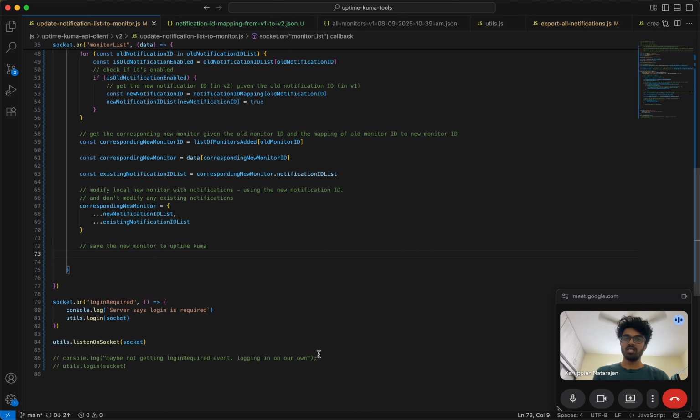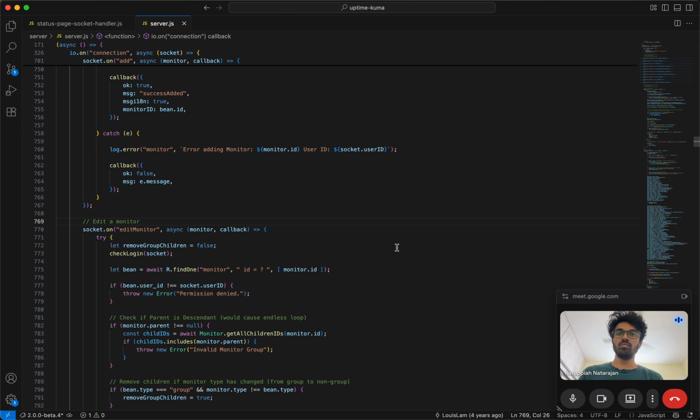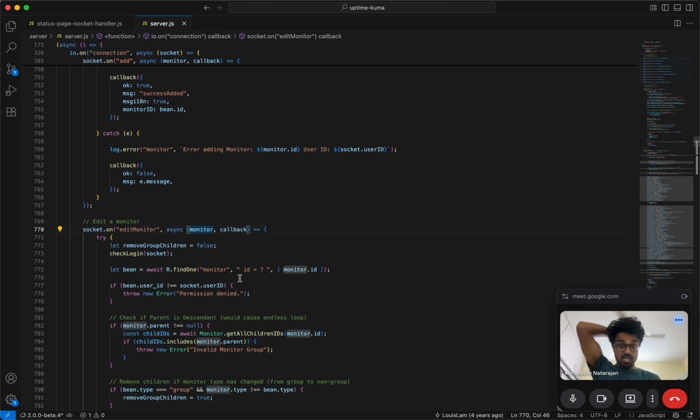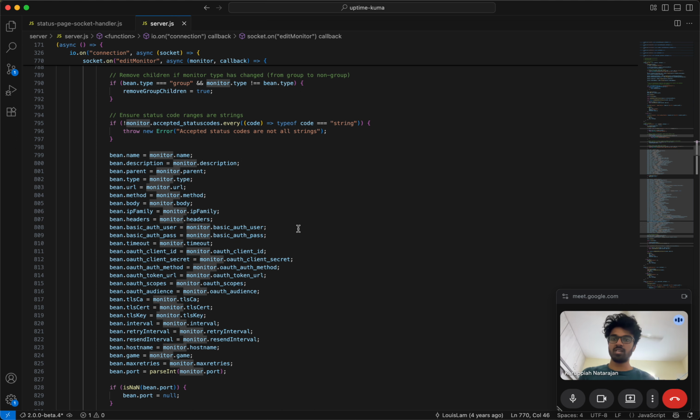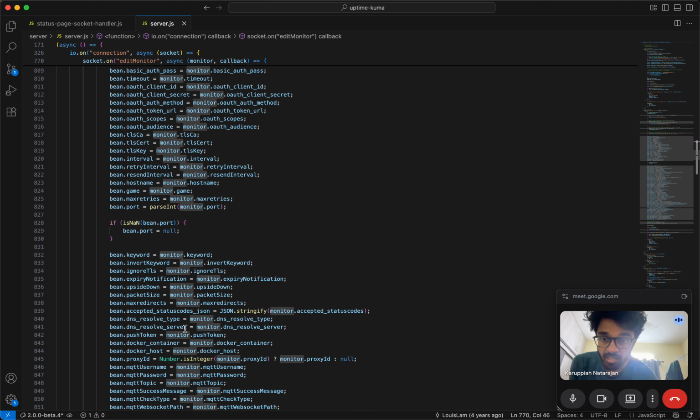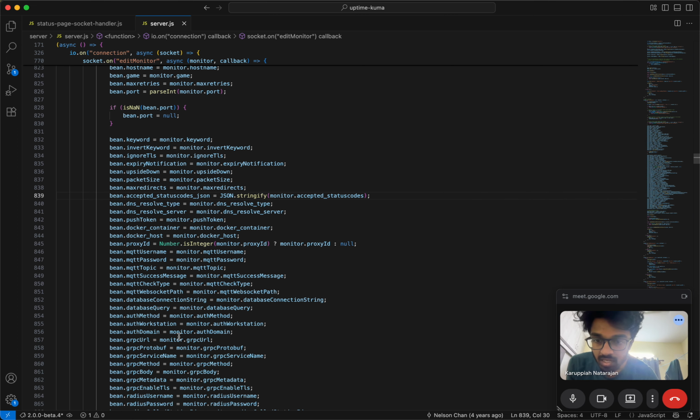So you'll say something like, I think in Uptime Kuma you basically have something like edit monitor, where you have the monitor, and yeah, I mean you get the ID, and then you save everything, right? You have the name, description, parent, type. You have the notification ID list also somewhere, I think. Keyword, invert keyword, and all that. And then finally,